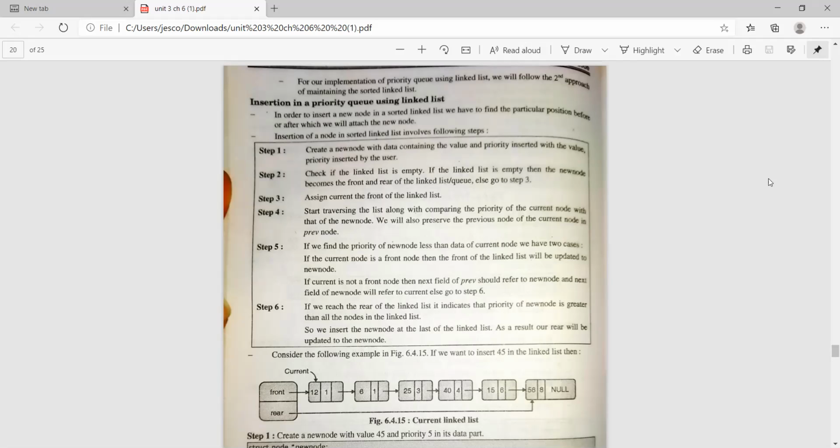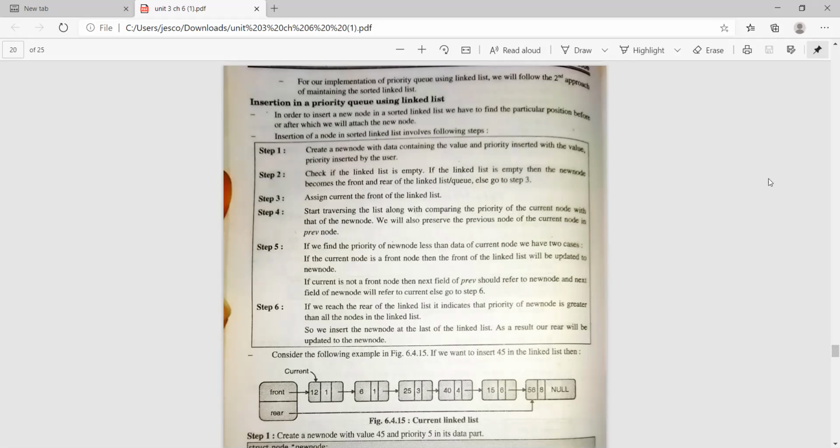So if we reach the rear of the linked list, it indicates the priority of the new node is greater than all the nodes in the linked list. That means first, we have the node which we want to insert, that is the new node. If that node has a priority less than the front node, then the front node will be updated to the new node.